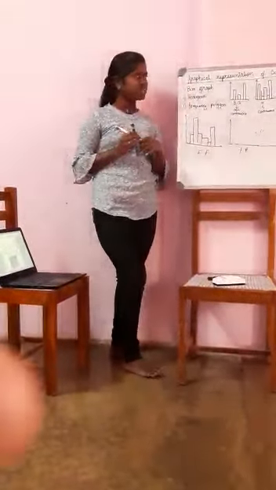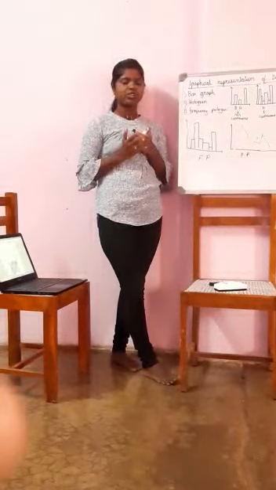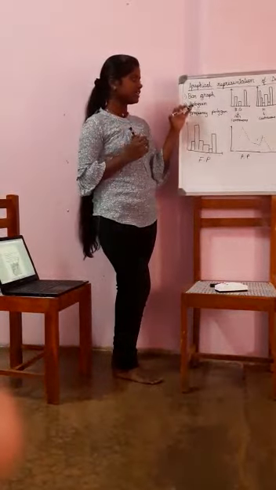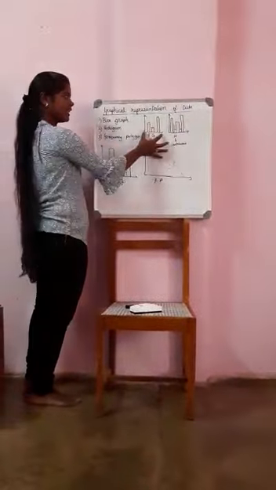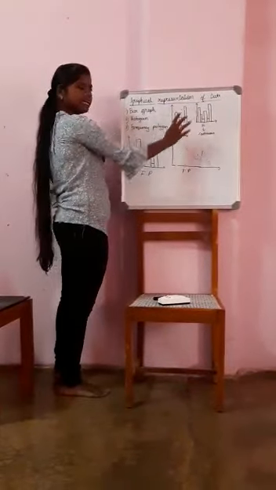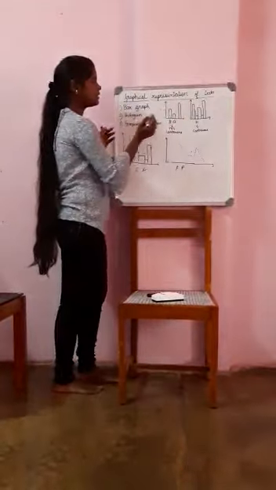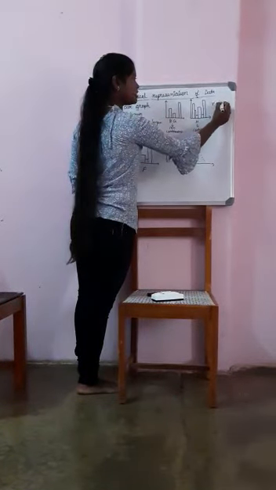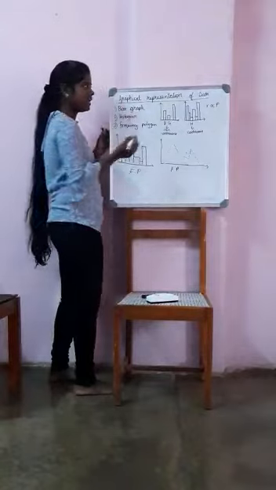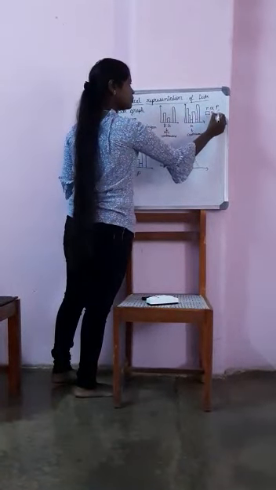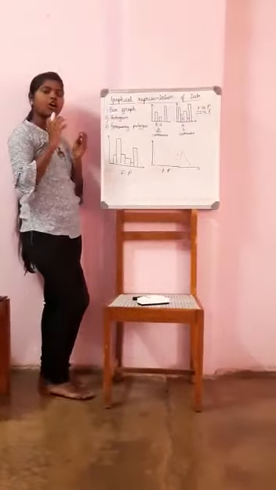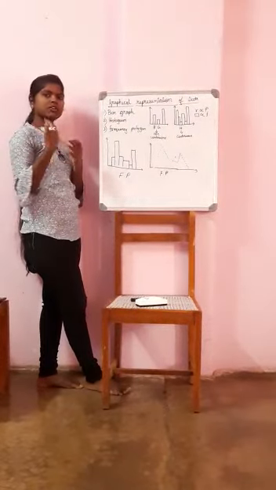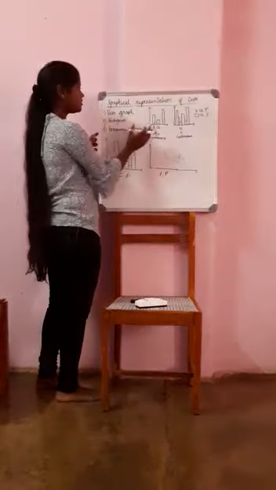Now I will tell you how to represent the data in the form of a graph. For this graphical representation of data, you have three types: bar graph, histogram and frequency polygon. What is a bar graph? It is nothing but simply drawing an x-axis and y-axis and representing the data in the form of bars. Here the rectangles should be proportional to the frequency. Then, when you see your data, you can easily identify how much they have spent, or weights of students or marks, etc. Now this is your bar graph.